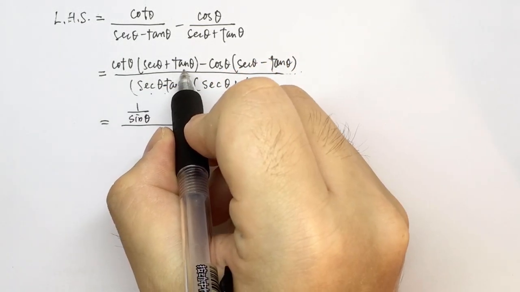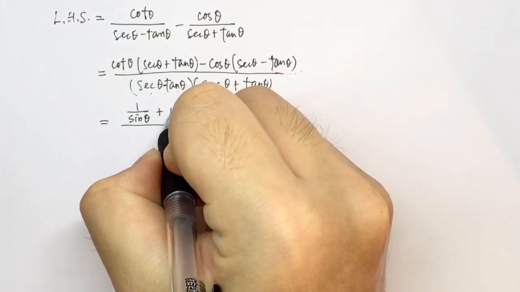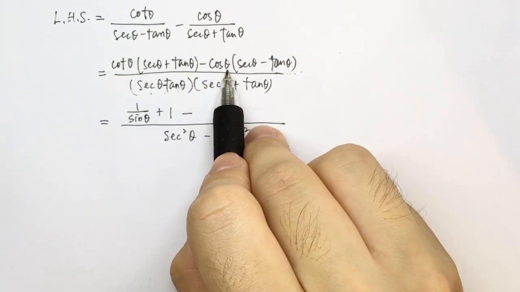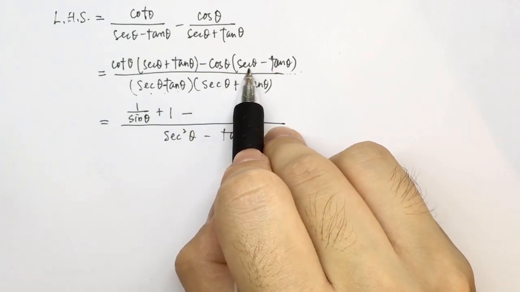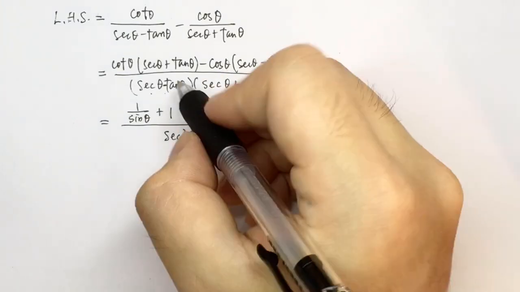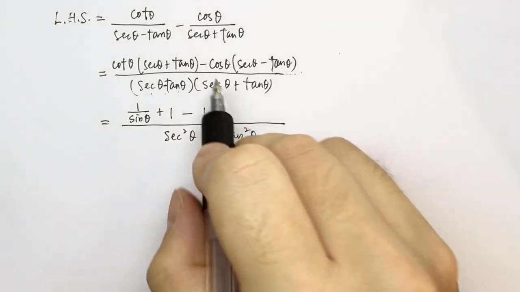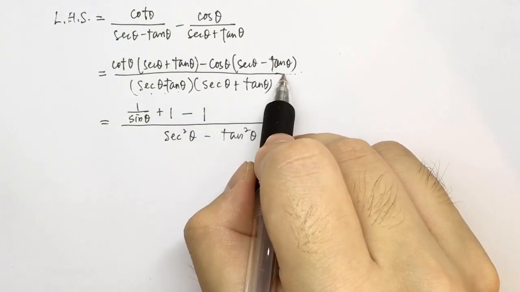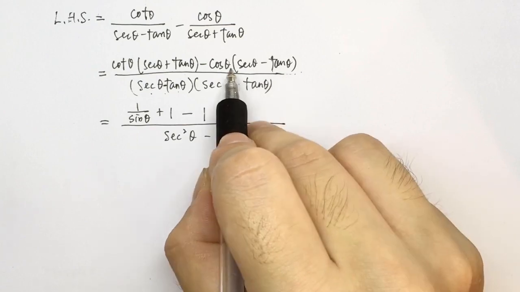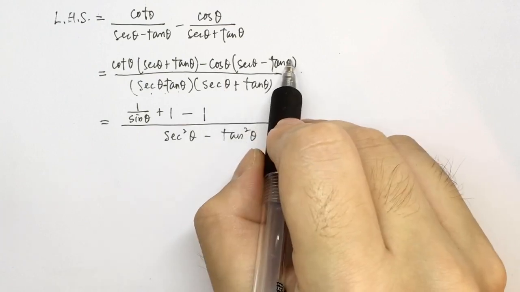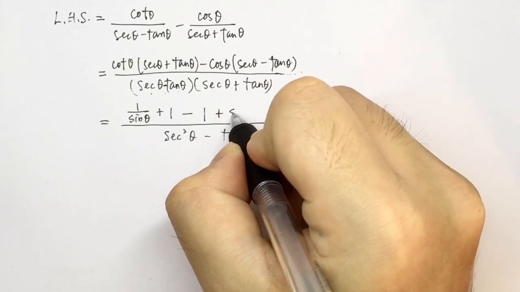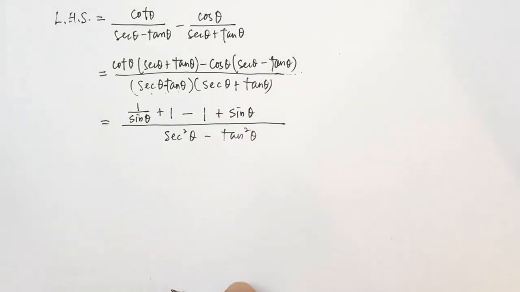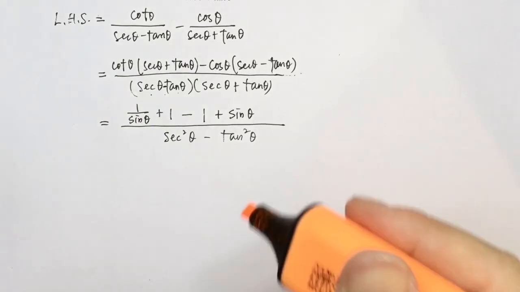And cotangent theta and tangent theta makes 1. And minus cosine theta and secant theta are friends. So we have 1 here. For tangent theta is sine over cosine, so we can cancel out the cosine here. And 2 negatives make positive. So we have positive sine. Now for the denominator,